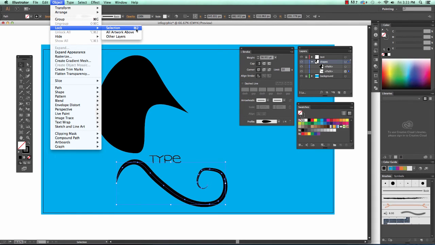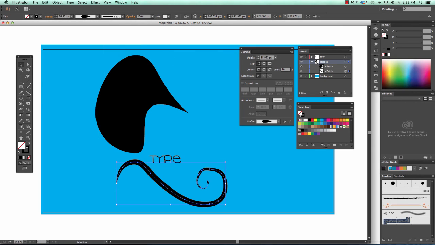And I memorized some of the key commands, almost all of the key commands. Command 2 is lock. So lock selection, command 2 locks it. You can see the lock shows up. And option